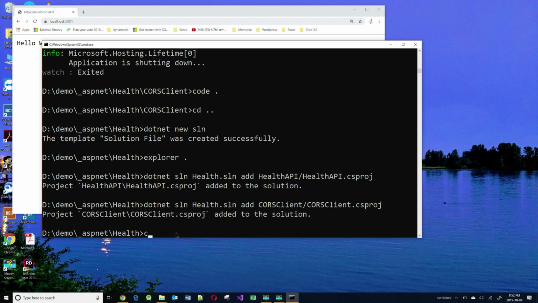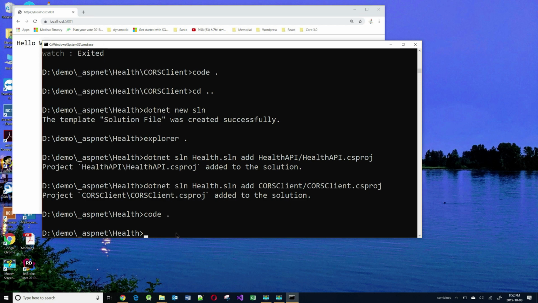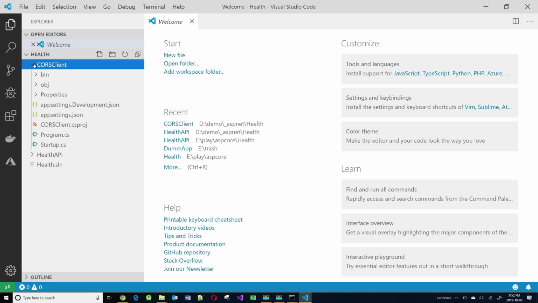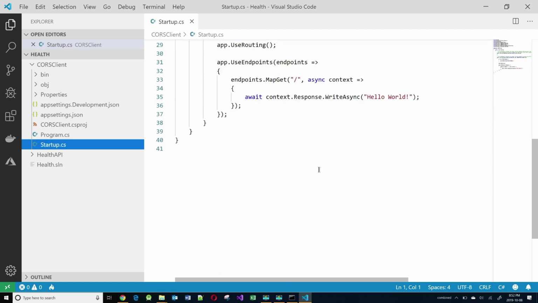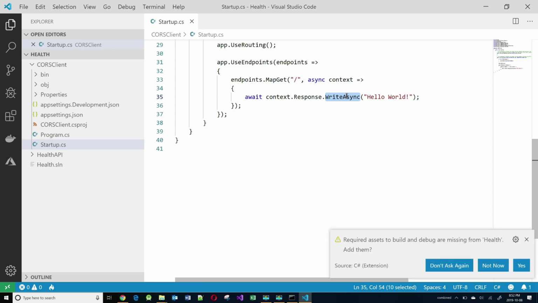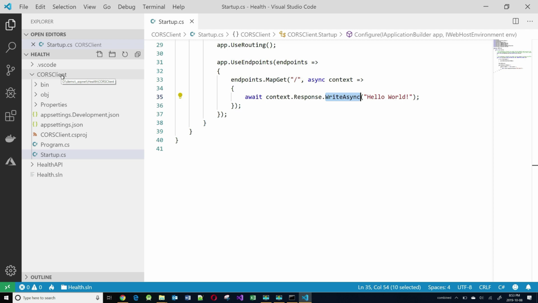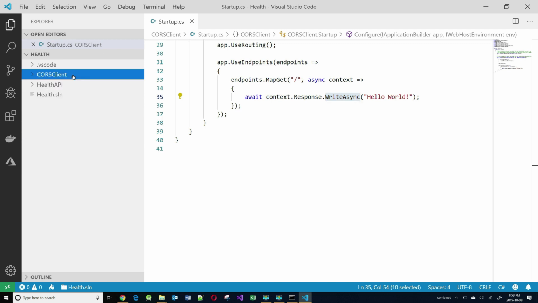Let me open up both of these projects in Visual Studio Code. So going back to our CORS client, let's find out where that hello world came from. The hello world came from by simply spitting out a static text called hello world. This is not very useful to us. We want to consume our service using a simple HTML page. Typically, static pages are put in a folder called www root. So we need to create a folder here under CORS client,